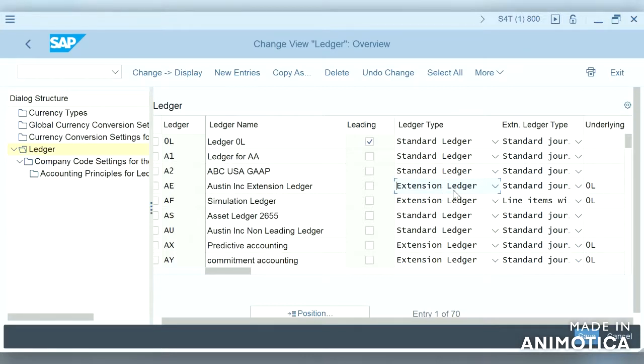Why? We can post directly to the extension ledger if it is required. Postings can be made specifically in standard ledger, and also we can post even to extension ledger. If we are on classic GL and migrate to S/4HANA, we cannot activate standard ledger on day one.